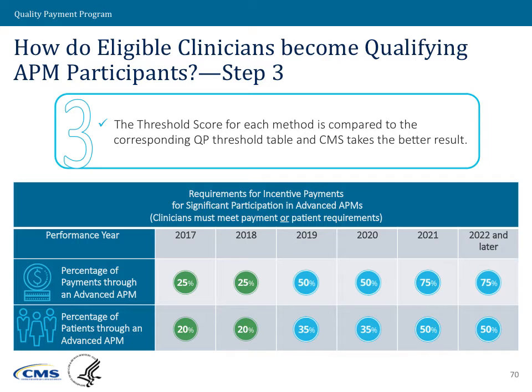And you'll notice that both of them increase incrementally over time. So starting in the third year and then again in the fifth year, they bump up a notch to be a little bit higher and more challenging to reach. So it requires greater commitment and greater, broader service through that advanced APM in order to meet these thresholds.